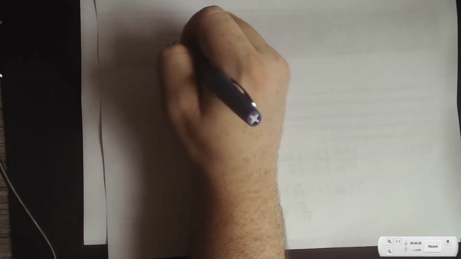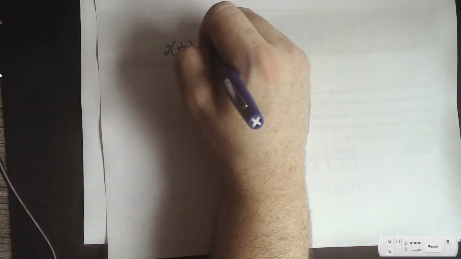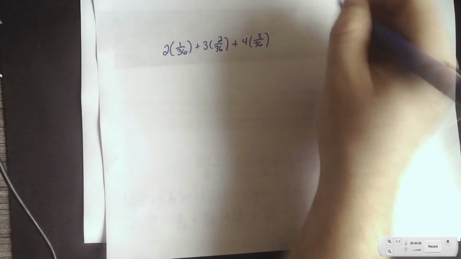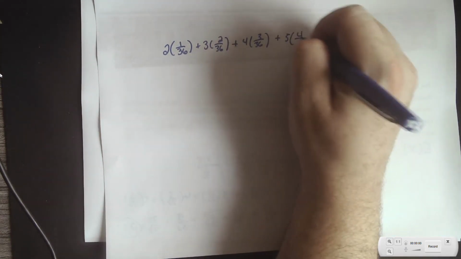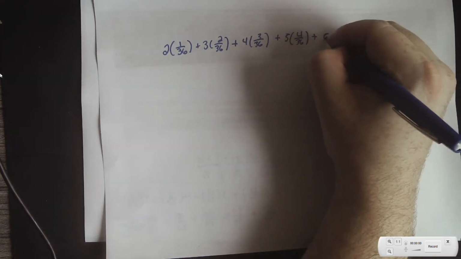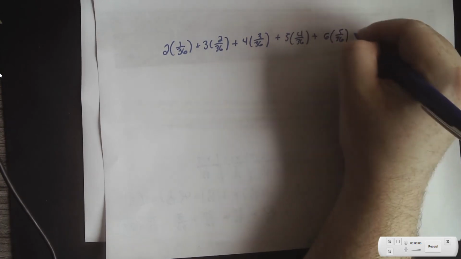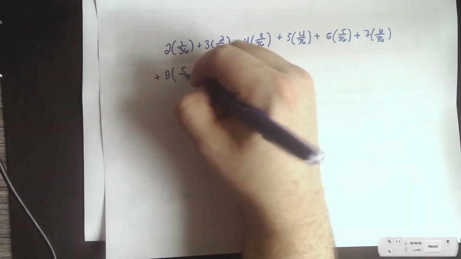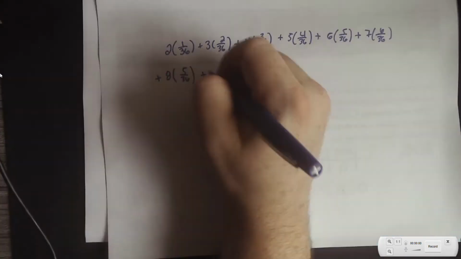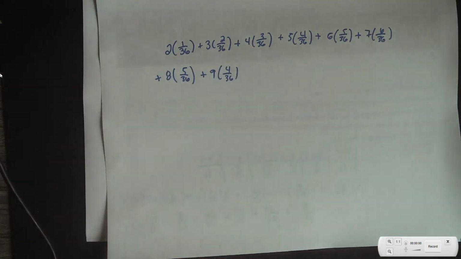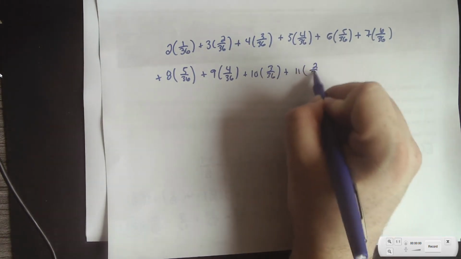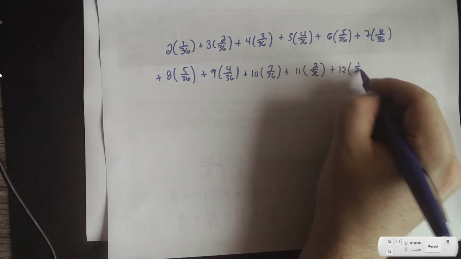So you would do 2 times 1 over 36 plus 3 times 2 over 36 plus 4 times 3 out of 36 plus 5 times 4 over 36 plus 6 times 5 over 36 plus 7 times 6 over 36 plus 8 times 5 over 36 plus 9 times 4 over 36 plus 10 times 3 over 36 plus 11 times 2 over 36 plus 12 times 1 over 36,